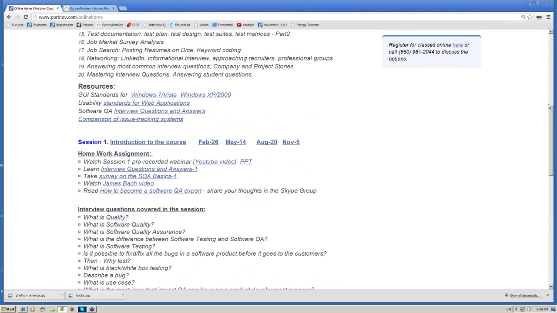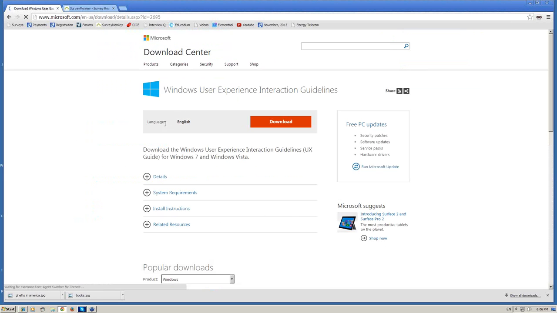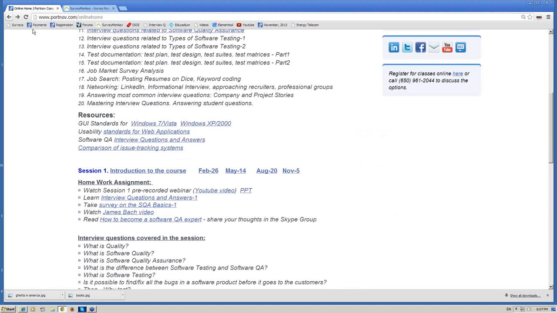And here it is in your resources section. It says GUI standards: there is a standard for Windows 7 and Vista, and there is a standard for XP and 2000. And it is on the Microsoft website. You go there and you download the guidelines. My suggestion to you is download it no matter what, because you don't know how long that page is going to be available. It is something very valuable for your future career. It's a very important resource. So my suggestion is go there and download both. But the question was